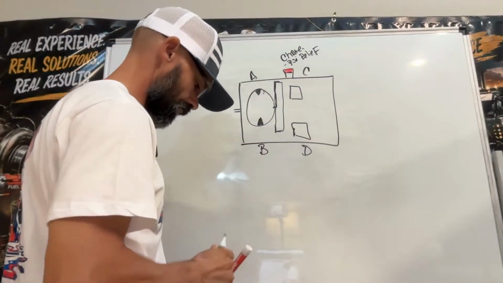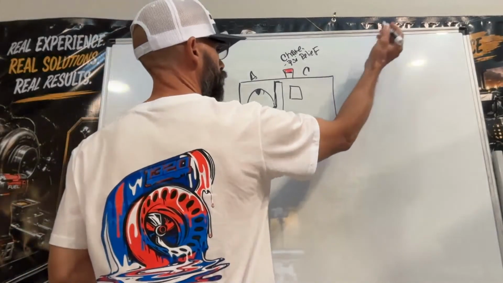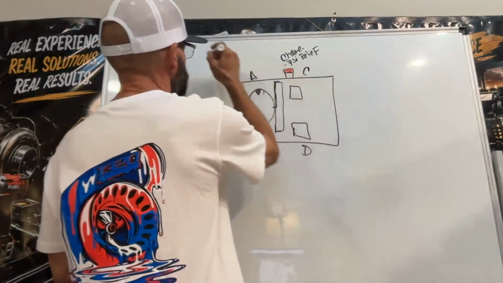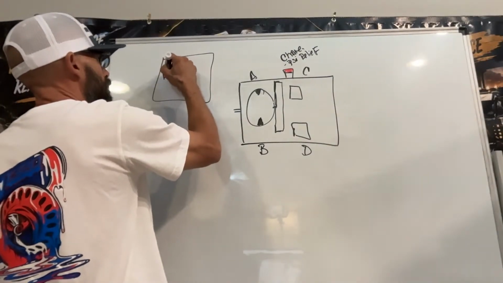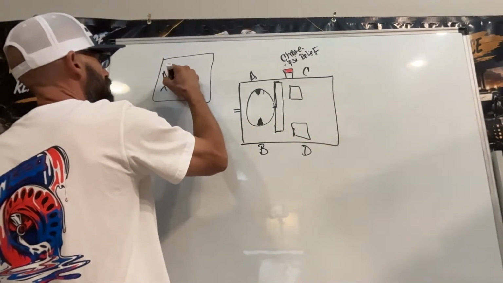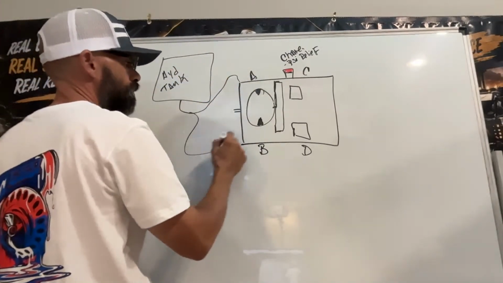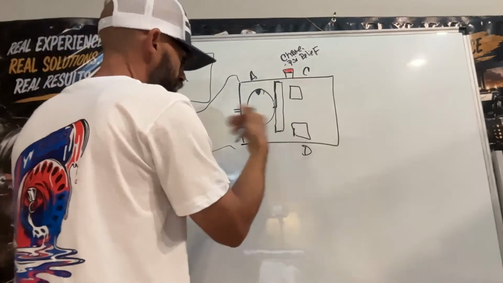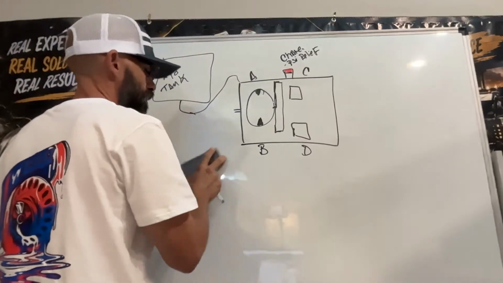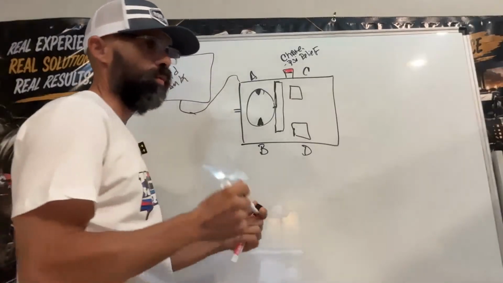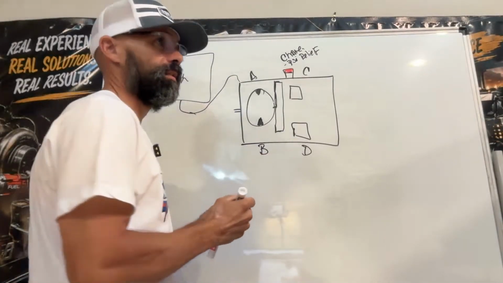So the pump is pulling oil out of your hydro tank. You have lines going to the pump, because it's just pulling oil from the tank. And then as you move your joystick or lever, depending on what type of